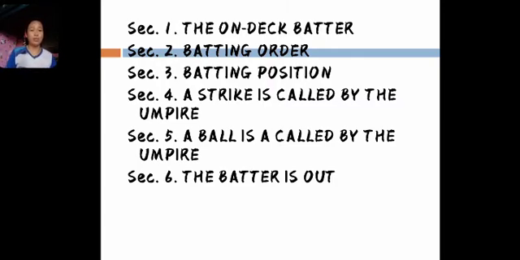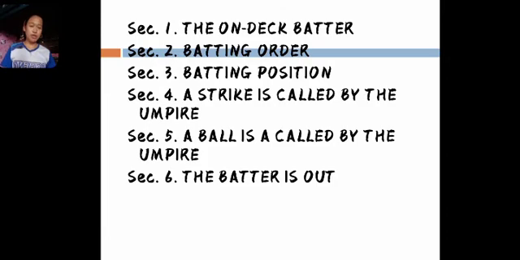Section number 2, batting order. The batting order of each team must be on the score sheet or lineup card and must be delivered before the game by the manager or captain to the official scorer and the plate umpire. It shall be submitted for inspection to the manager or captain of the opposing team.